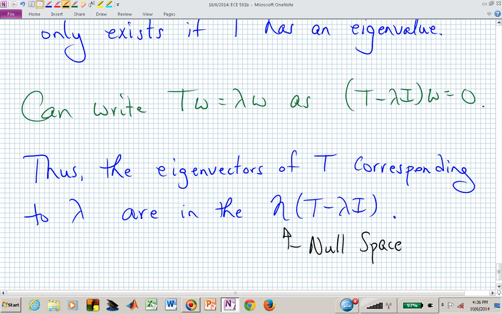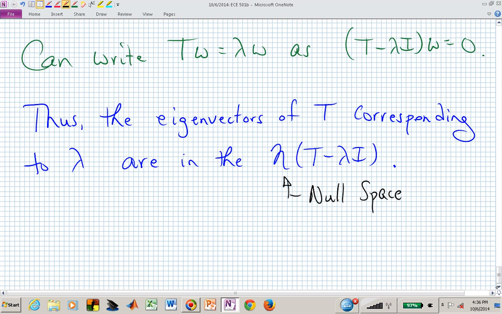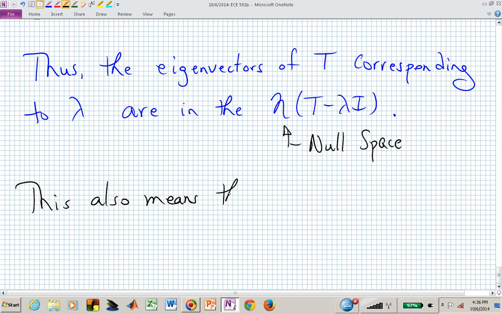Now you can see why it was important to learn about null spaces. Now if you can find null spaces, you can find eigenvectors. This also means they are a subspace of V, because of what? Because any null space is a vector space. So this also means they are a subspace of V since